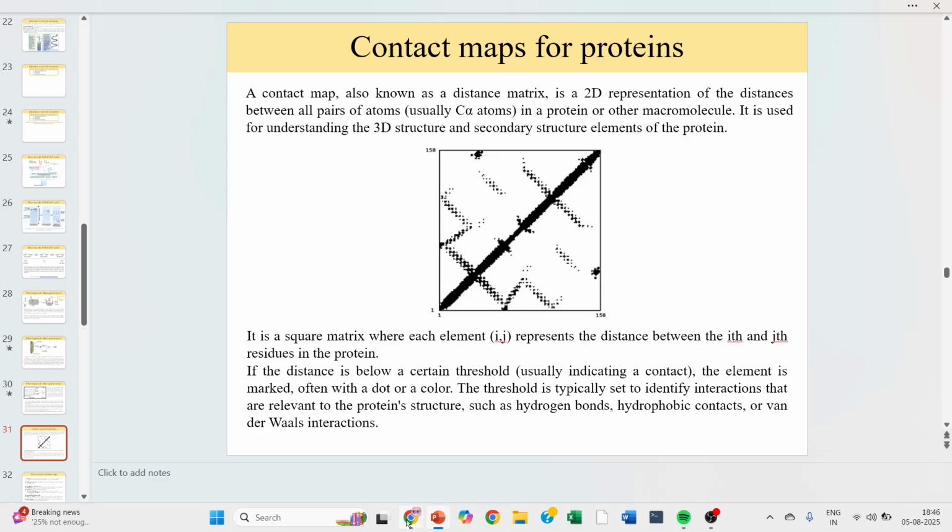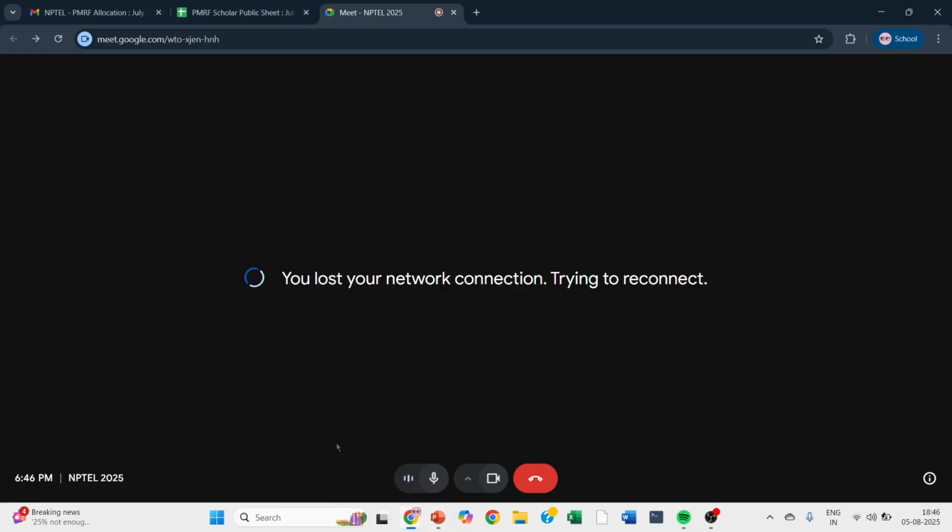Okay, now there is something very interesting, and I have included this for the sake of an MCQ that we will come across. So all the MCQs that I am going to discuss here are actually taken from previous year's NPTEL questions. Besides that, we have our, one second, facing this network issue.